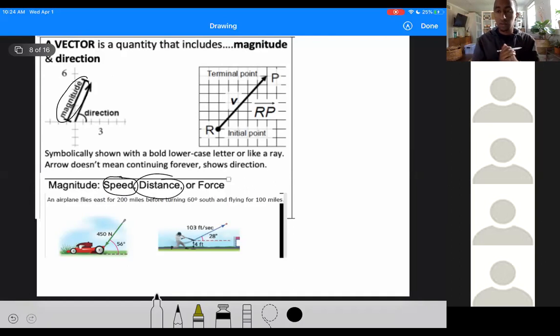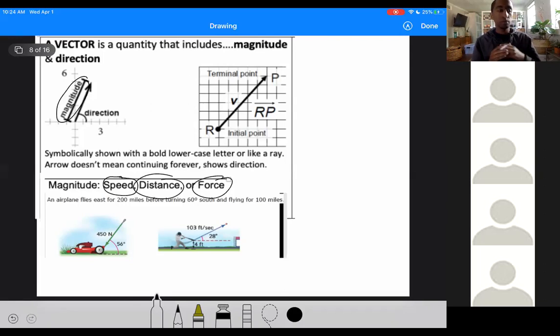So let's say you walked 5 meters north, then your magnitude is 5 meters. That is the distance that you went, or how far something is, okay? Magnitude could also be a force, okay? So that would be like saying